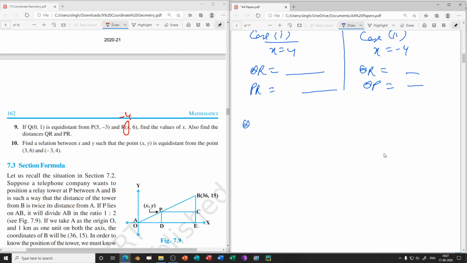Now question number 10th one. Find a relation between x and y such that the point xy is at equal distance from the point 3, 6 and minus 3, 4. So let P xy be at equal distance from